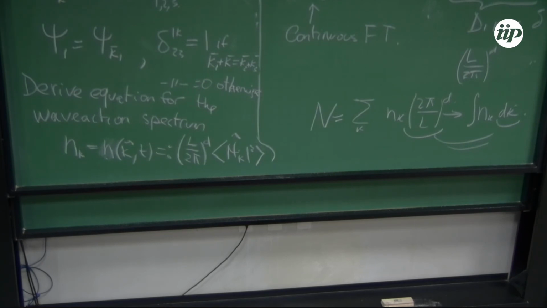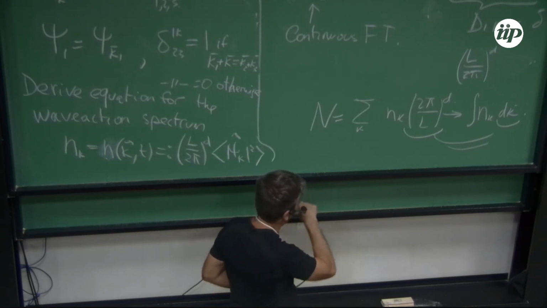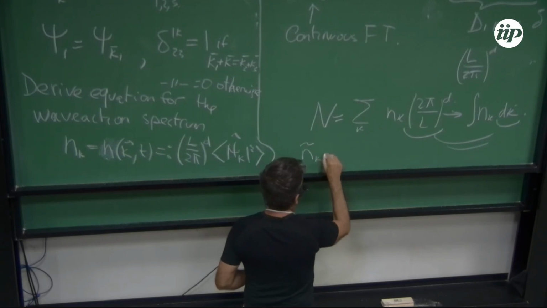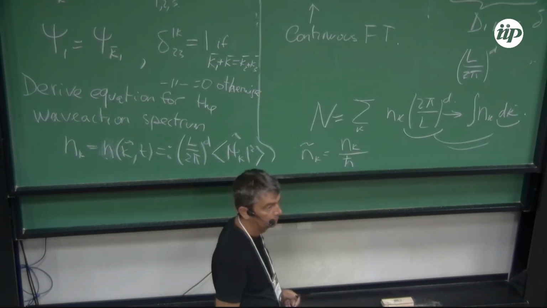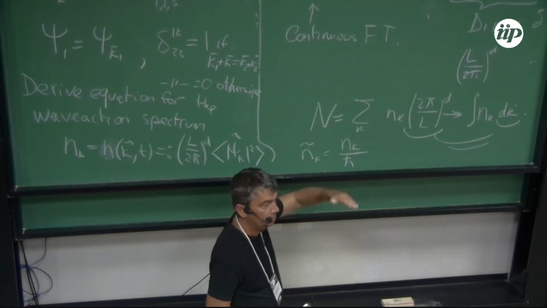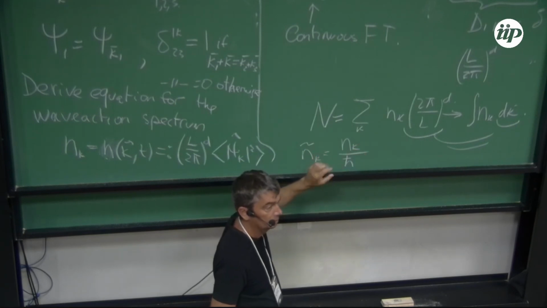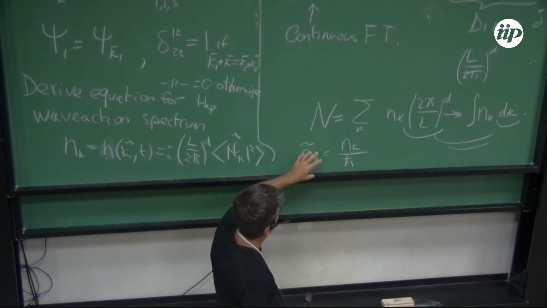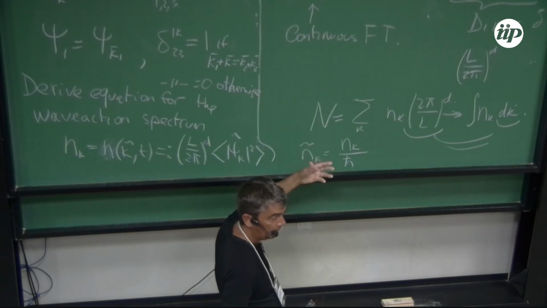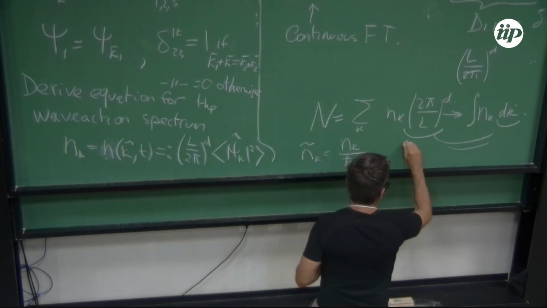Yes, it's proportional to the number of excitations, right? So to talk about density, yes, it is the density of excitations. You can see it here, right? But in a discrete system, if you think about it, the number of excitations, let's call it n, would be n_k divided by h bar, right? So if the levels are spaced with h bar, if you're thinking of quantum systems, that's the correspondence. That's the number of phonons at one level, so the level with the momentum k, right? And then the energy of that would be correspondingly the usual